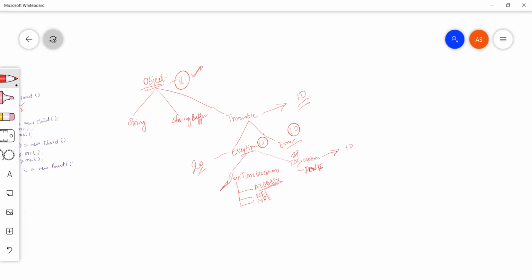So basically what they are doing, they are extracting the common features on top level class, then they are inheriting those methods from their parent classes. For example, let me just take you back on Eclipse and we'll show you like how Java have implemented this inheritance concept in their API itself.